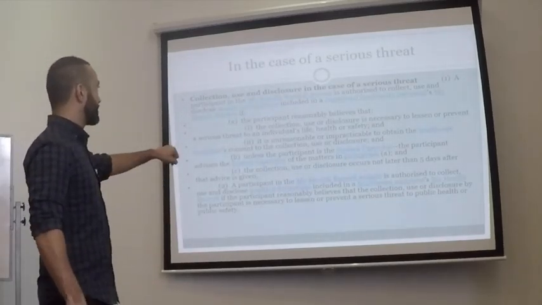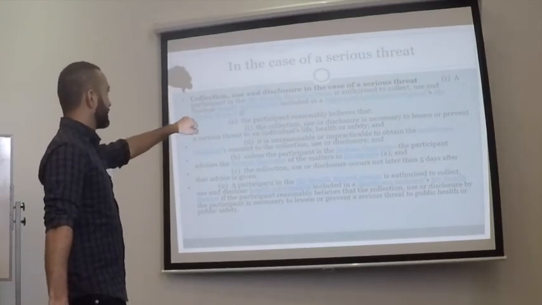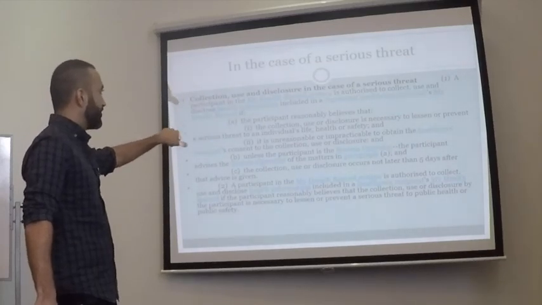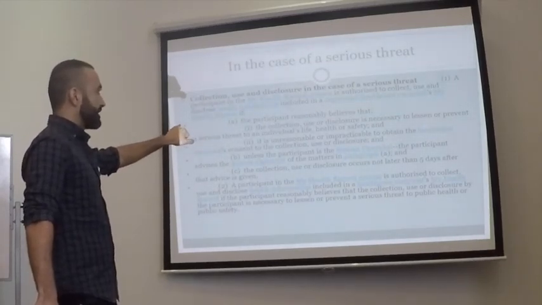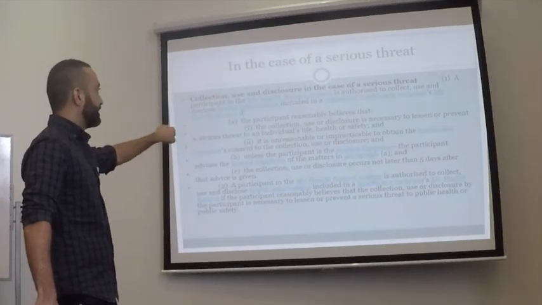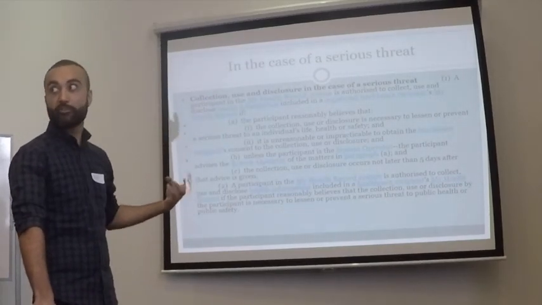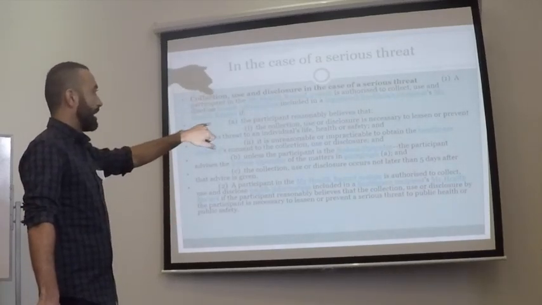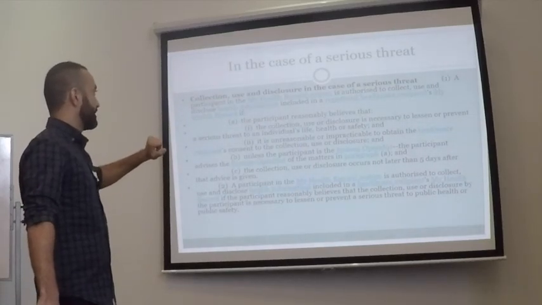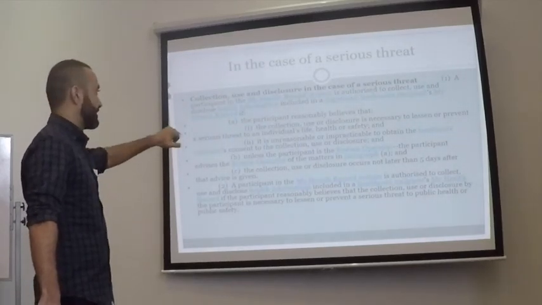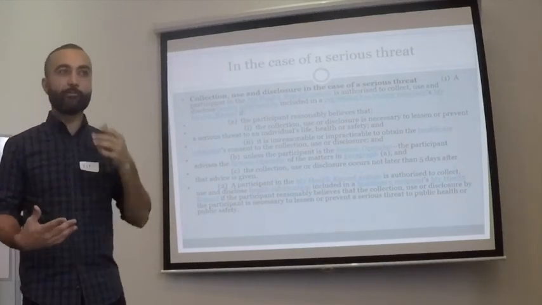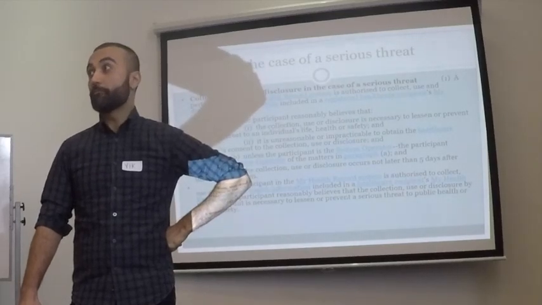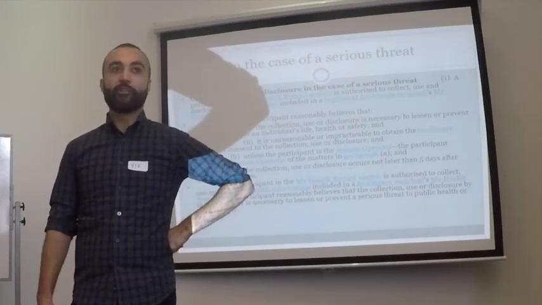So there are some controls. The collection, use, or disclosure must be necessary to lessen or prevent that serious threat, and it must be unreasonable or impracticable to obtain the consent of the person to get that information. The collection or use has to occur not later than 5 days after the advice is sought from the system operator. So there are some controls about it, but it is discretionary. It's up to essentially the medical practitioner. And as I said, by the time we litigate